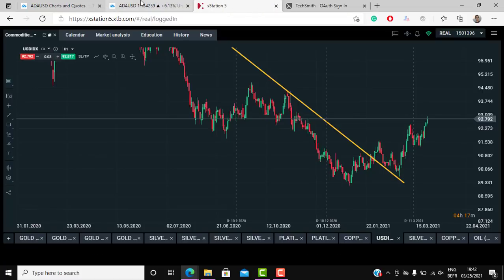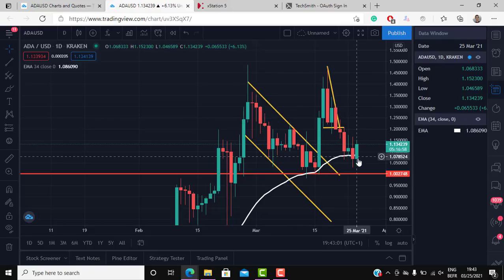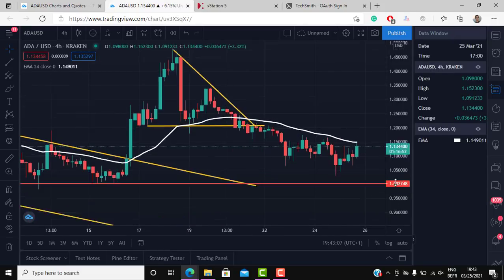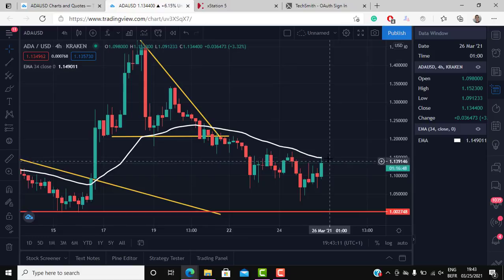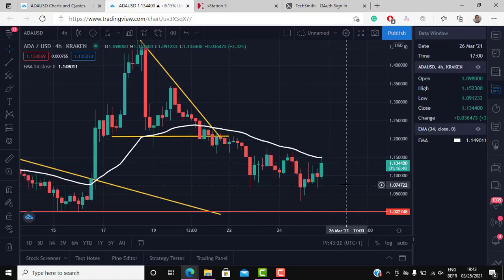So without further ado, let's go back to ADAUSD, to Cardano, and we're bouncing back, as you can see. Right now, if you go to the 4-hour chart, we're bouncing back. We're having resistance at this 34 period EMA, but in my opinion, we're going to take these highs out after the cyclical thing. After we put aside the cyclical weakness that we have, we can start to see a big